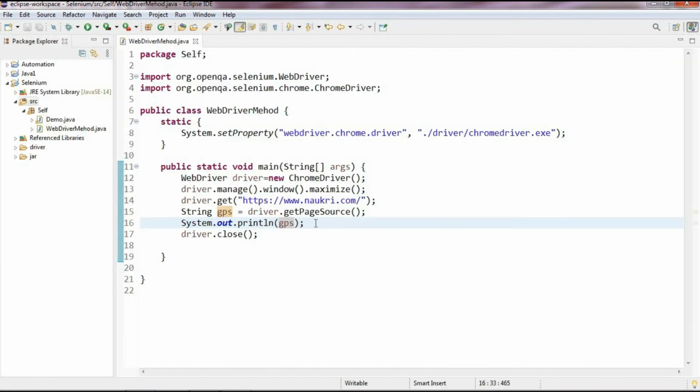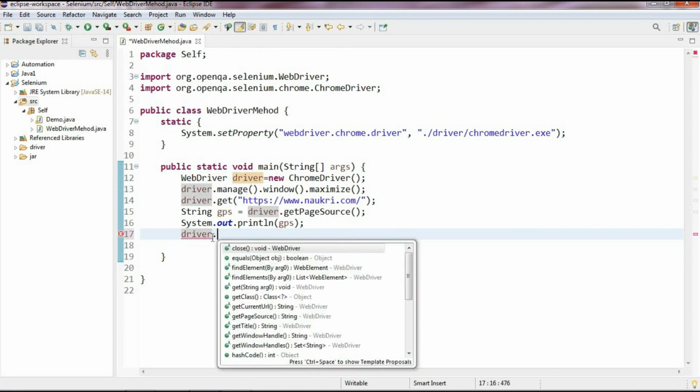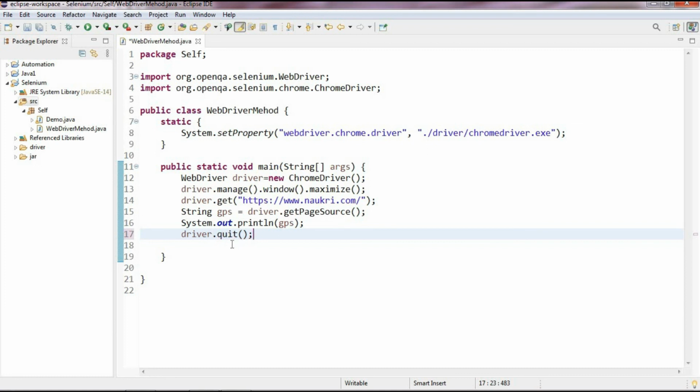And now one method is the quit method. How is it used? Let's see. I want to replace the close method. So driver.quit. The quit method is used to close all the windows. Here you can see that I was manually closing the child window of Naukri.com.